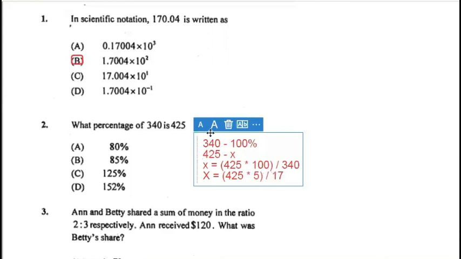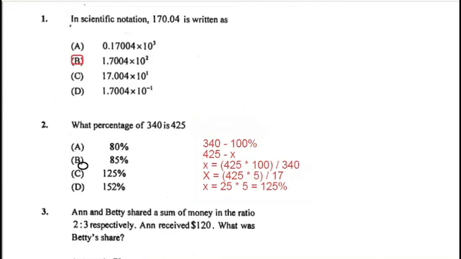But we can further cancel by saying 17 into itself goes 1 time, and 17 into 425 goes 25 times. So therefore we're now left with x is equal to 25 multiplied by 5, and our answer is 125%. So what percentage of 340 is 425? The answer is C,